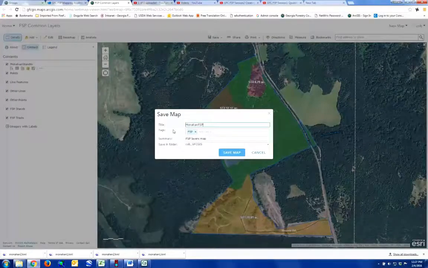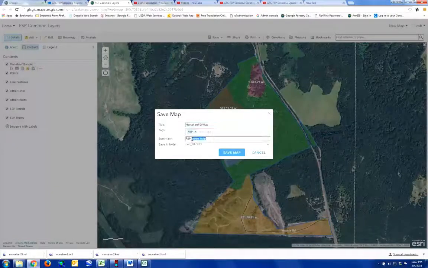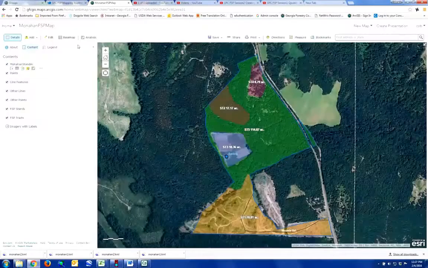Monahan FSP map, and then put a summary. It's mainly for metadata, but you see how it's going to save it in this same folder where it saved my summary layer with the acres. So this is going to be a different version of the web map that is named Monahan FSP map. So let's do that. It'll be saved in your content, and you notice the name of this map changed to